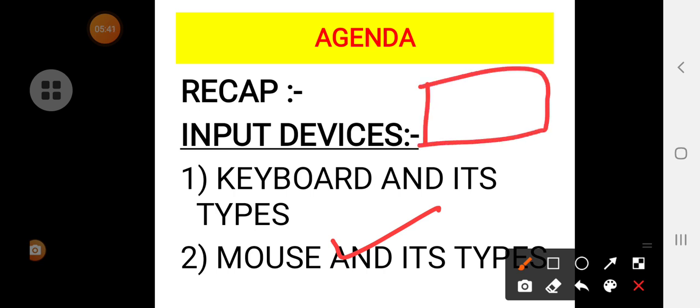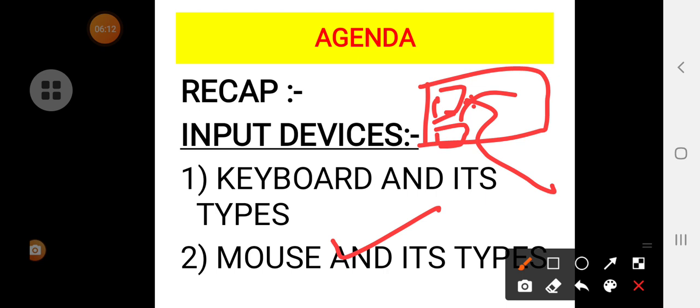For example, if you have icons on the display, on the monitor screen, and you have to select the icon My Computer, the mouse points to this icon. By double clicking on this icon, we are able to select that particular icon. That is the job of the mouse. The mouse is a pointing device.